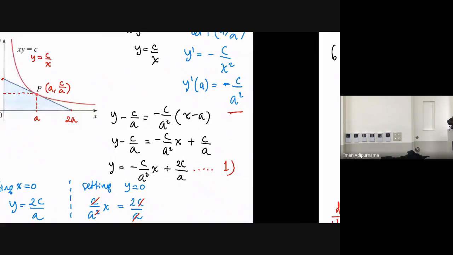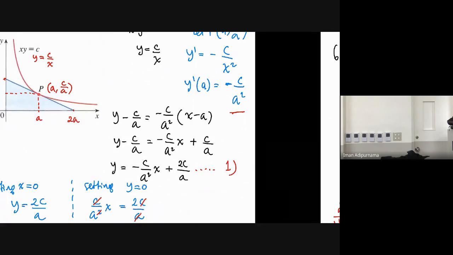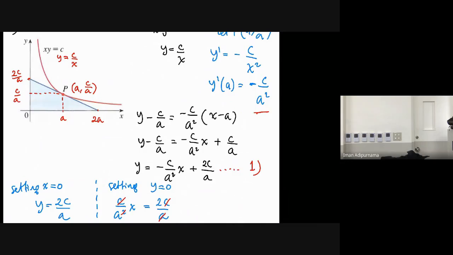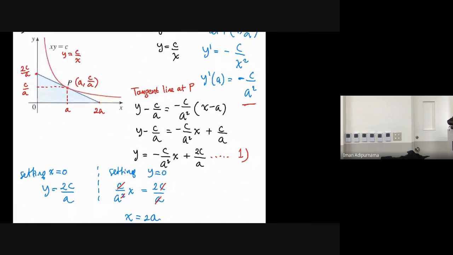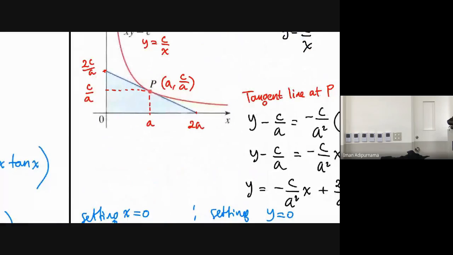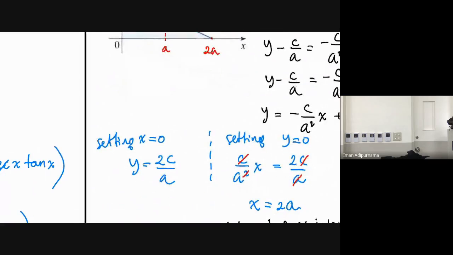The slope is negative c over a squared. And then we can put the slope inside the tangent line at P. So we get this equation. Because the tangent line, if you see the graph, will cut here and cut here, right? So we check the intercepts. Setting x to 0, you will have y is 2c over a. And setting y to 0, you get x is 2a, which is twice the x of